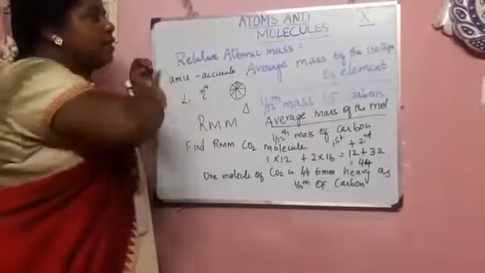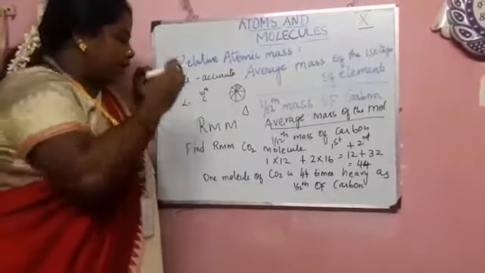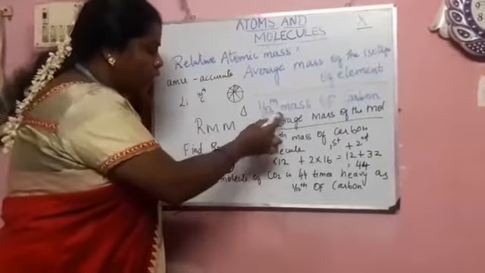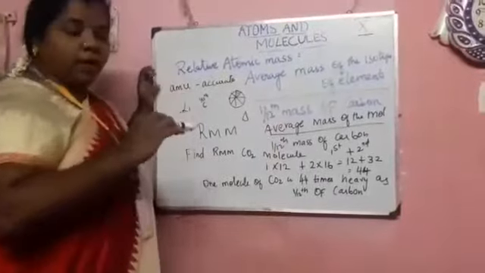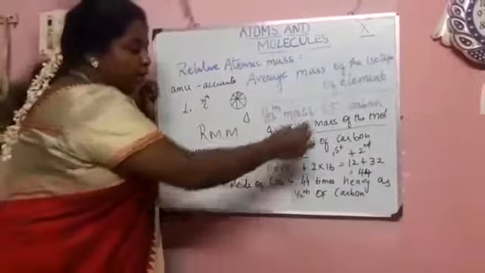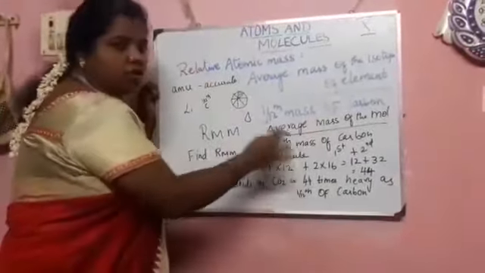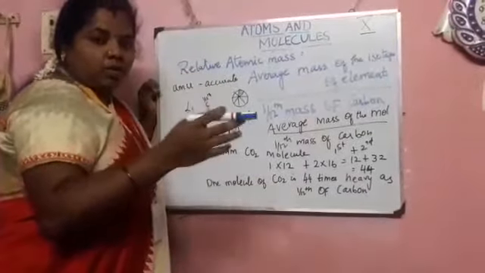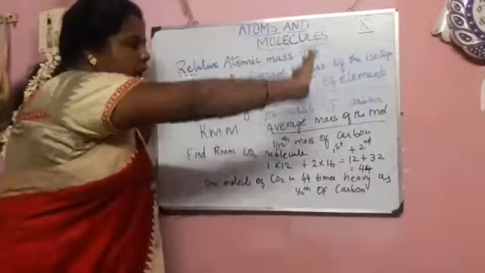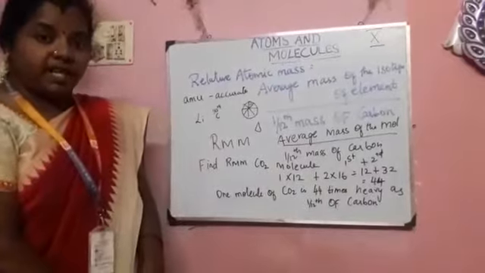So in this lesson, these kinds of numerical problems are very important: average atomic mass, relative molecular mass. And why we use AMU is because it is given as an accurate value. The unit here should be no unit, because the average mass of the molecule is in AMU, and here it is also in AMU, average mass unit. So AMU gets cancelled. It should be no unit. This is the way they ask the questions. It is an important lesson for attending problems in chemistry. Thank you.